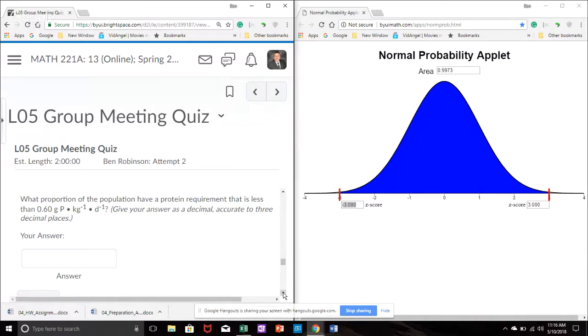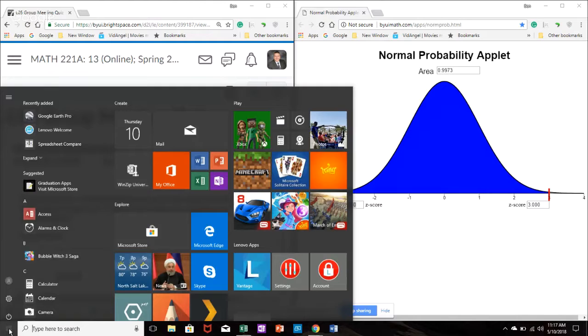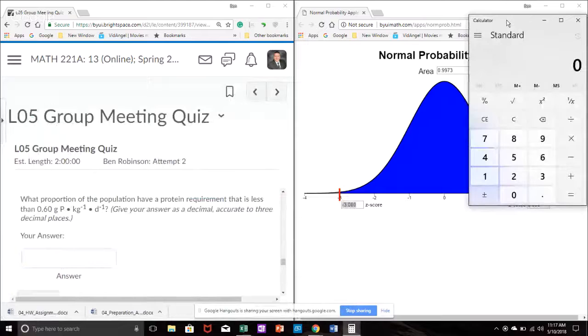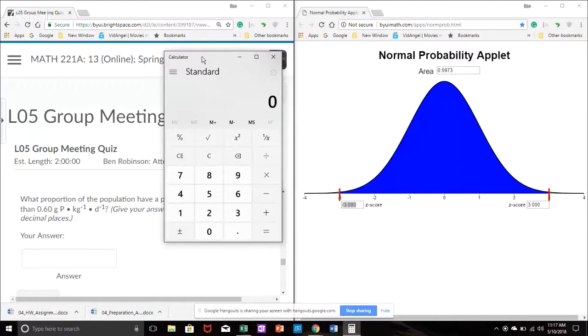What proportion of the population have a protein requirement that is less than 0.60 grams protein? Give your answer in decimals. Okay. So do we have to do the z-score, what is it called? Z equals x, and x will be